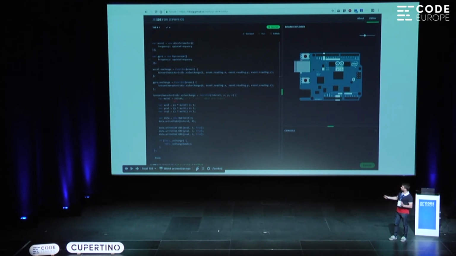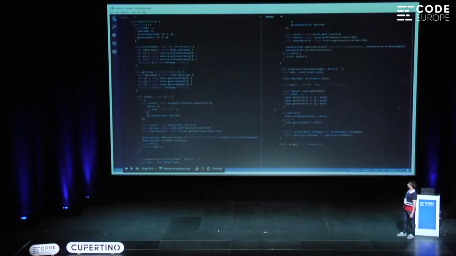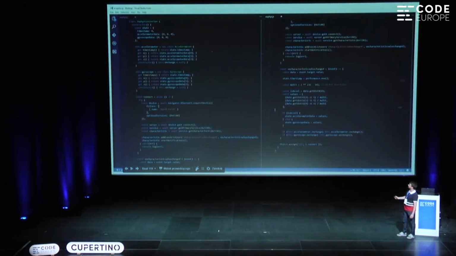So I'm multiplying to get rid of that, and I'm doing a small trick to get negative and positive values. But that will become much easier in the future. So that's basically the code. All in JavaScript. Just hit deploy, and there you go.